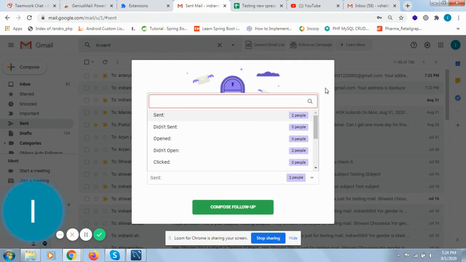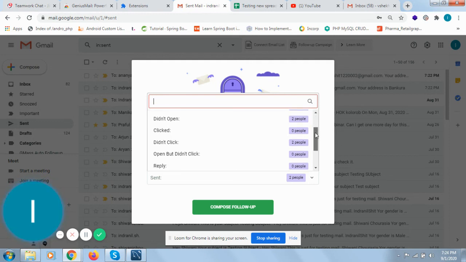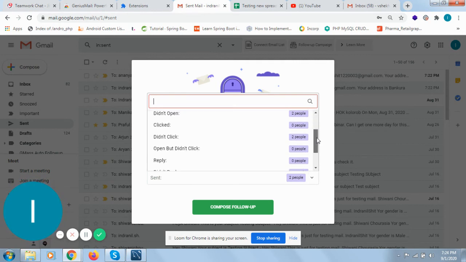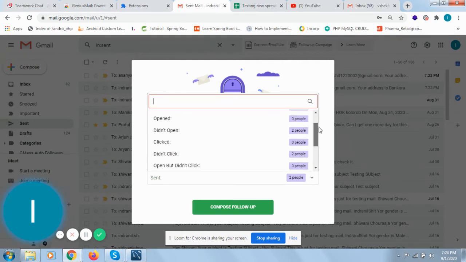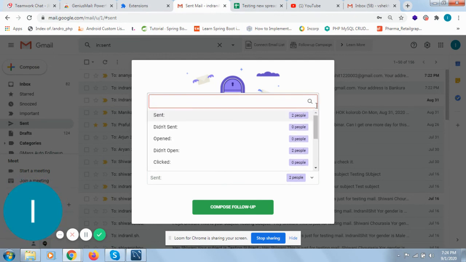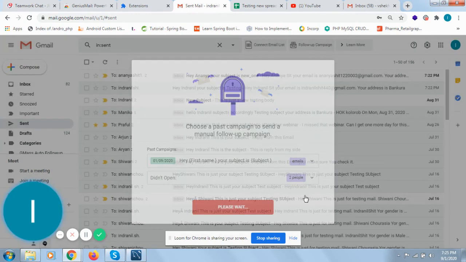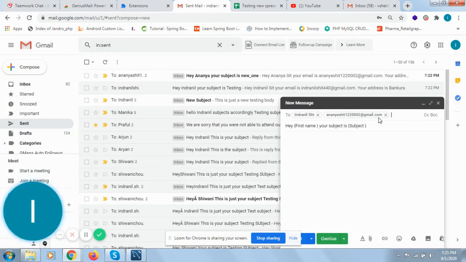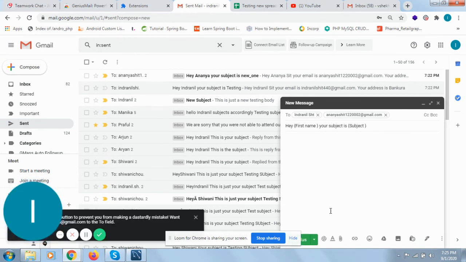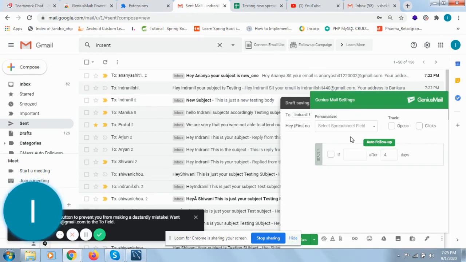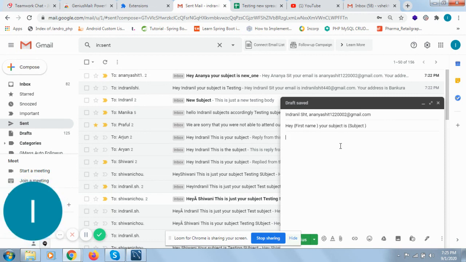From there you can also follow up manually, like the auto follow-up features I have shown. If you don't want to proceed with the auto follow-up features and want to follow up manually, you can do that from here. Once you compose that follow-up, the email IDs of the people who didn't open will load over here, and you can set all those things again, and create another campaign from this.